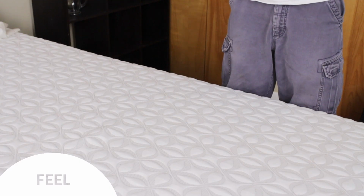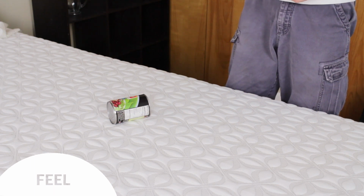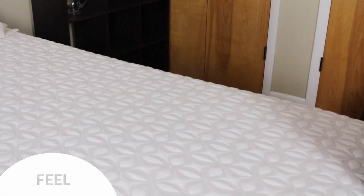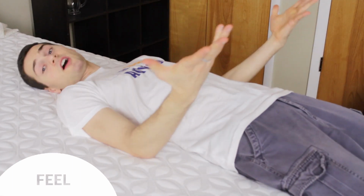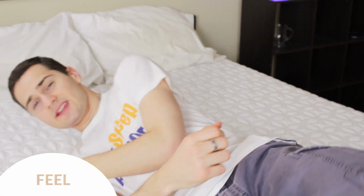Overall, there's a minimum amount of bounce to the bed. The lower 2 layers have some bounce, but it's countered by the top layers that don't have as much bounce. But if I just fall into it, I hardly bounce at all. With some beds, I'm bouncing like 4 to 6 inches. Some people like a lot of bounce, some people don't. Now, it does make it easier for repositioning, so if that's something that's important to you, you should know that repositioning on this bed won't be quite as easy as it would be on an innerspring bed, which has a high level of bounce. Alright, so now I'm going to show you how this bed performs with different sleeping positions,